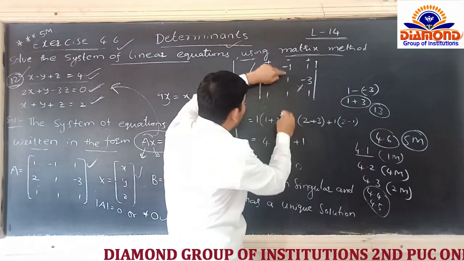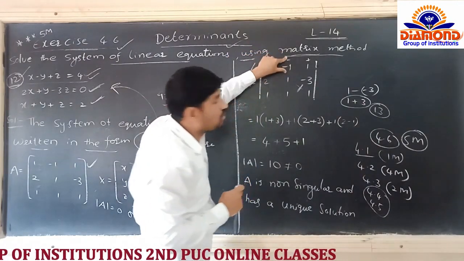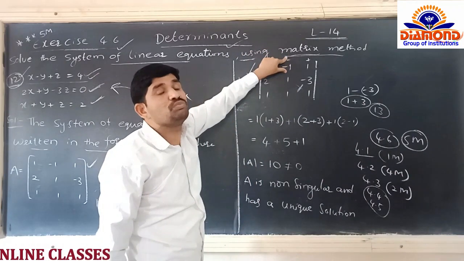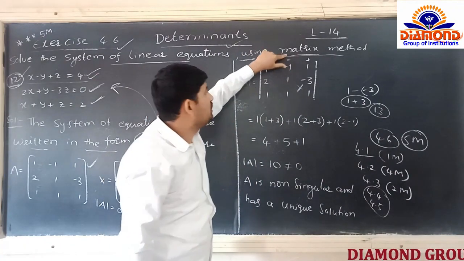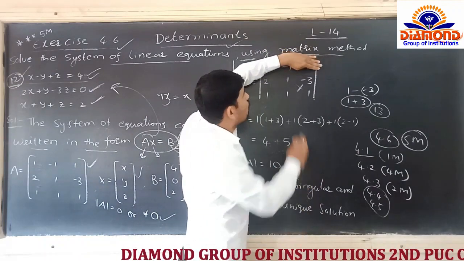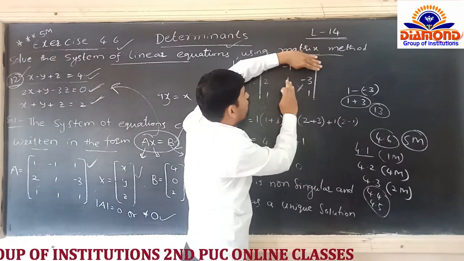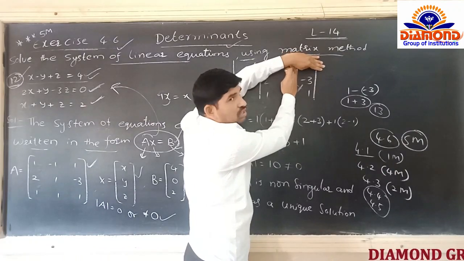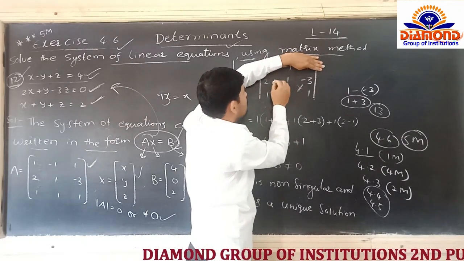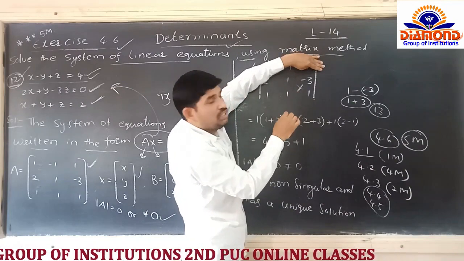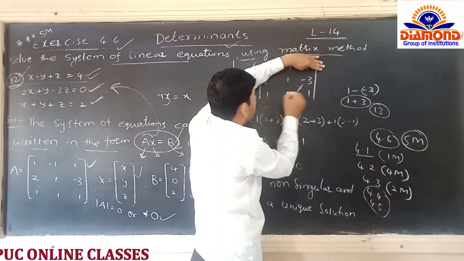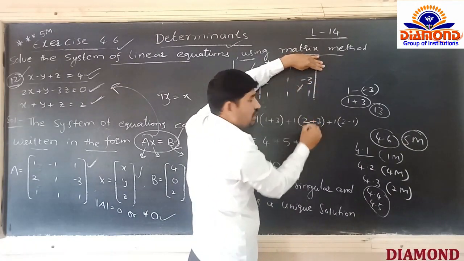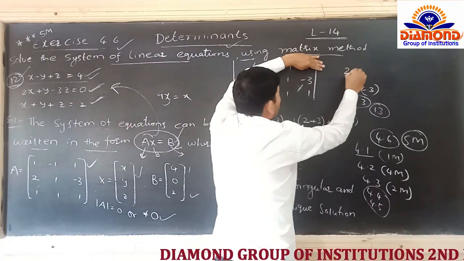So plus 1 into, close the address of this total part. This is the element which is present in which row? This is the element present in the first row and second column. Yes or no? By closing the first row, second column, whatever elements we are observing here, just make the cross multiplication for that. So 2 minus 3, 1 is left. 2 into 1 we can write 2. After writing 2 into 1 is 2.